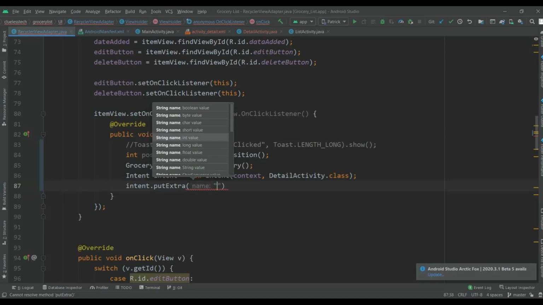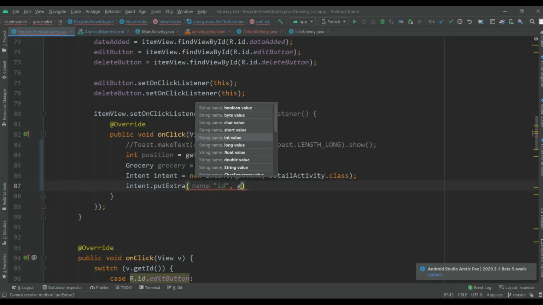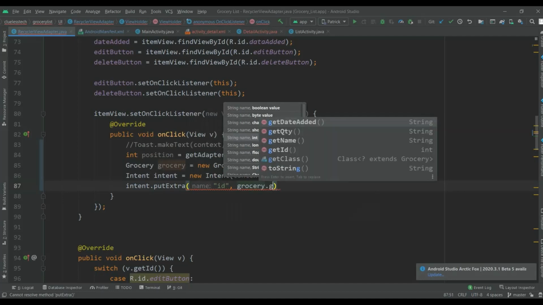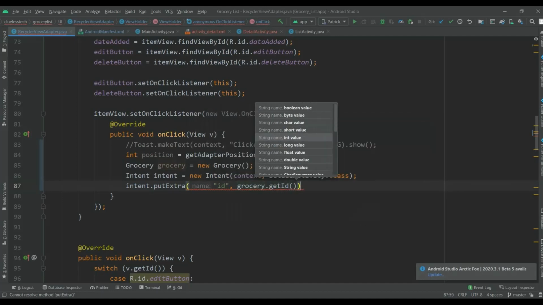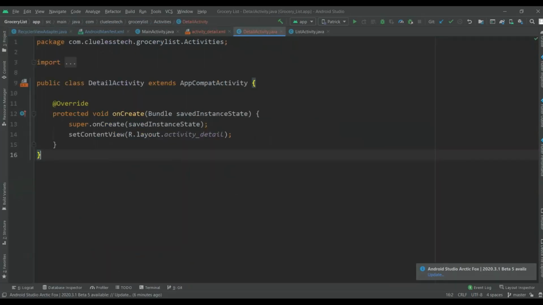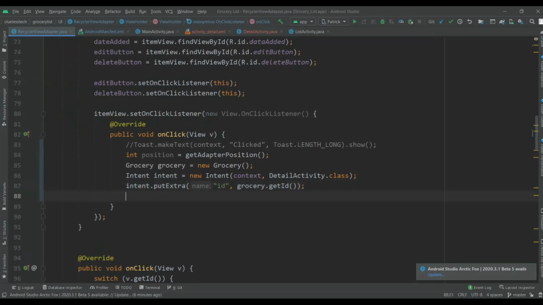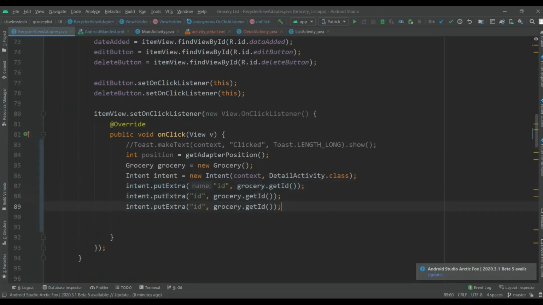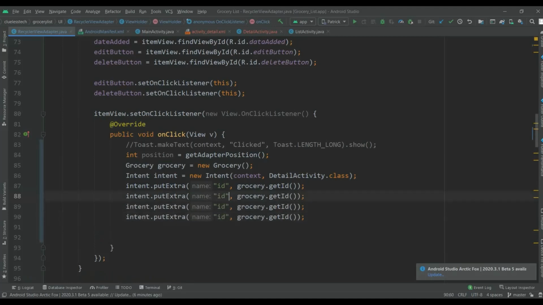Now here we will pass the string id and the value will be grocery.getId. This name must be the same which we will use inside this detail activity to fetch that record. Now we will do the same for name, quantity and the date.